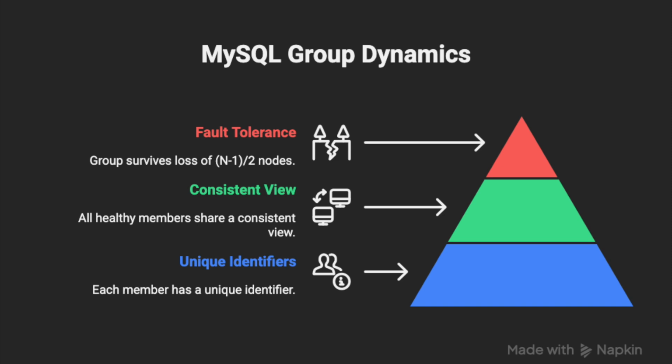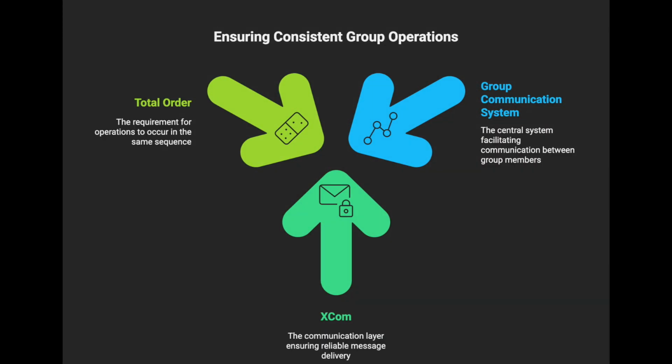You mentioned consensus, and that immediately brings us to the group communication system, the GCS. You called it the nervous system. What's it actually doing under the hood? How does it enable that coordination? Well, think of GCS as an incredibly reliable, specialized postal service just for the database cluster. It uses a component called XCom. And XCom doesn't just make sure messages get delivered, it guarantees they're delivered in the exact same order,